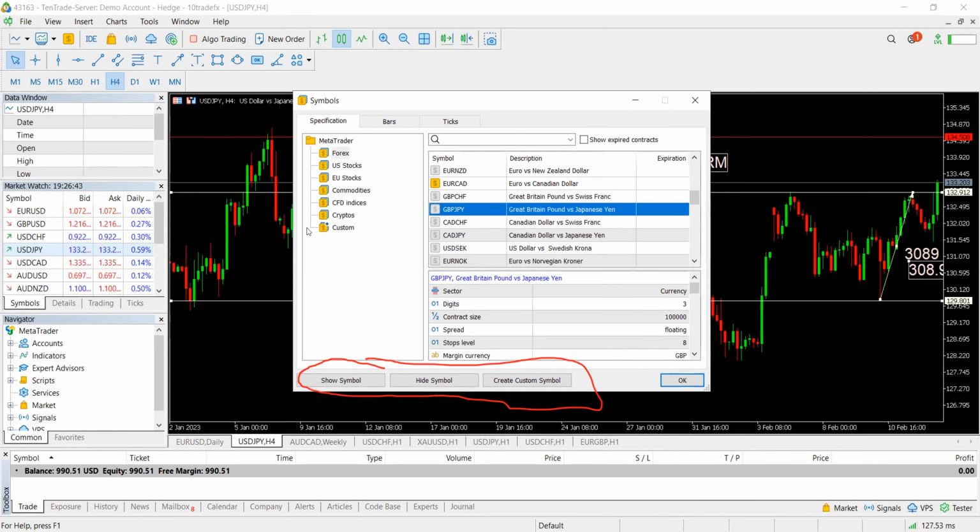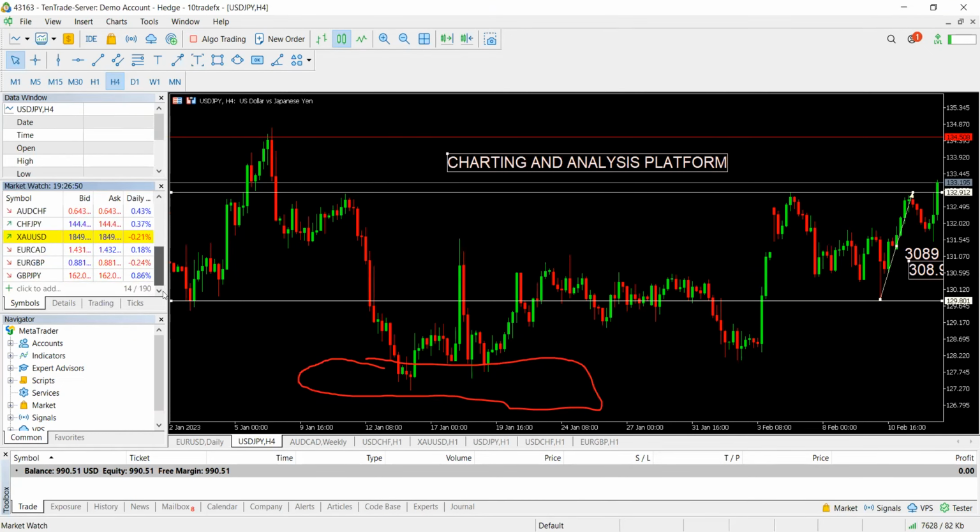So that I can trade it. All right, so you click on show symbol and then you click on OK. When I do that and I scroll down, I'll see JPY listed now. So the next thing I want to do is to